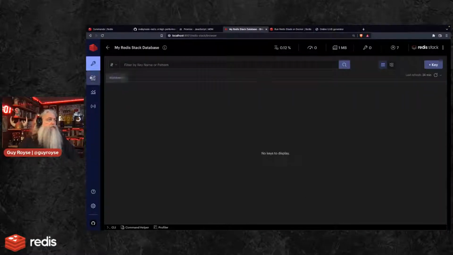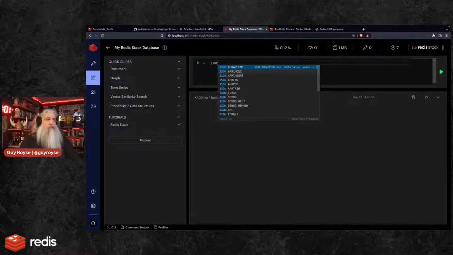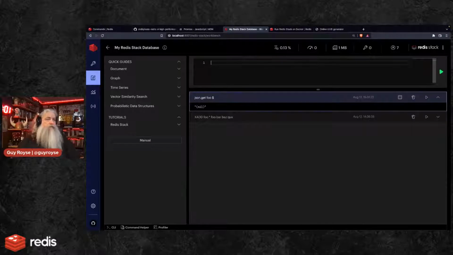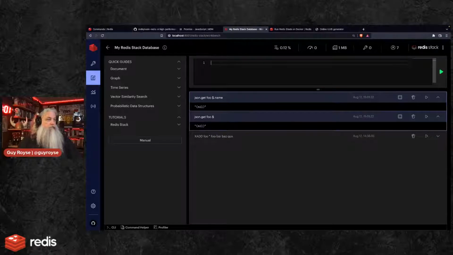So we'll go here to JSON.get foo $. Returns nil. Nil is being returned as null. What if I do this? Name. Because it doesn't resolve anything.